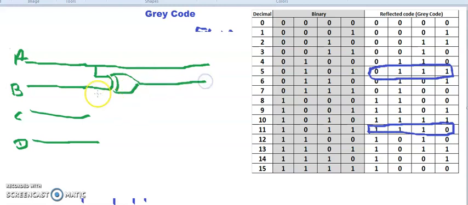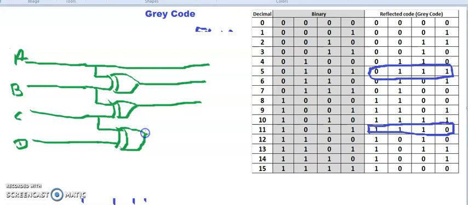This is the second bit. Take the exclusive OR of this. This will give us the reflected code X, Y, W and Z.